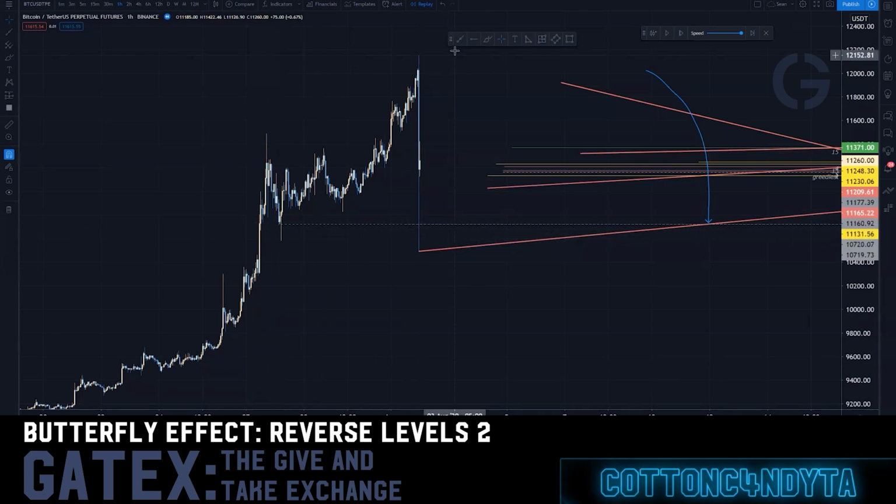So if this fails, you would probably want to buy this if this is a level, or there could be a level in here. Wherever that level is in here, there's probably some level inside of here that would act as the reverse level to this move. This is different though. This is the base of a move now. You see, that's different because if this creates,